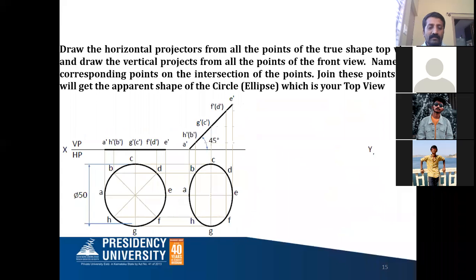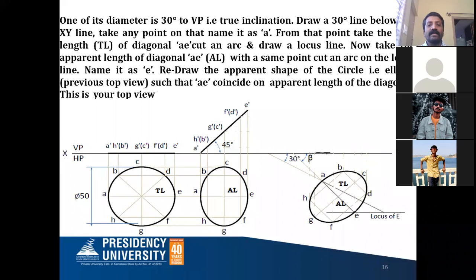So since in the third step, he has given the inclination 30 degree to VP. It is the true inclination. It is not the apparent inclination. So that's why the true inclination is given. True length only should come on that. Correct? So that's why after drawing a 30 degree line like this from any point, the true length of the diameter,